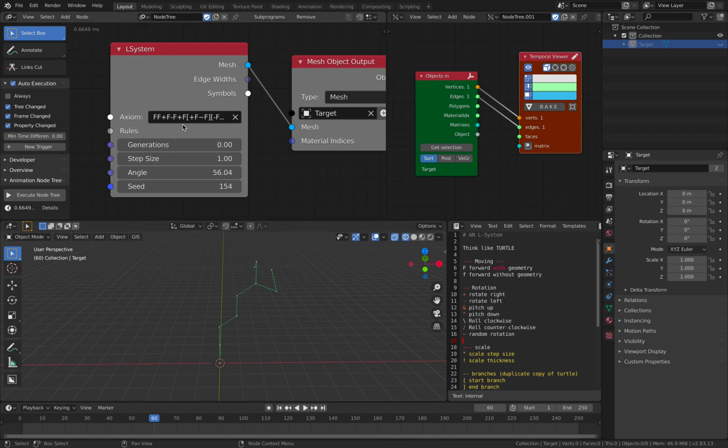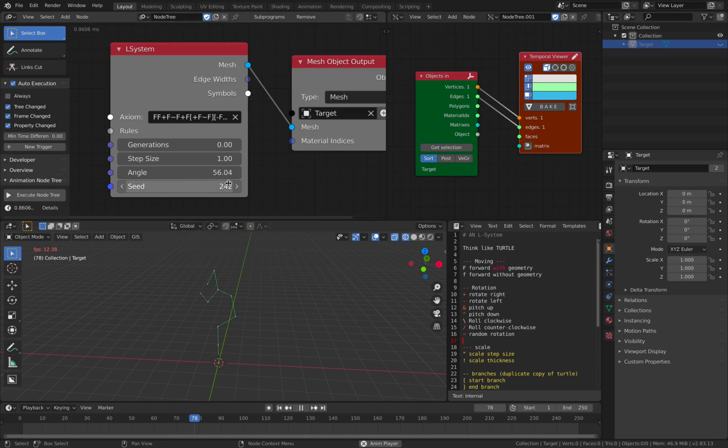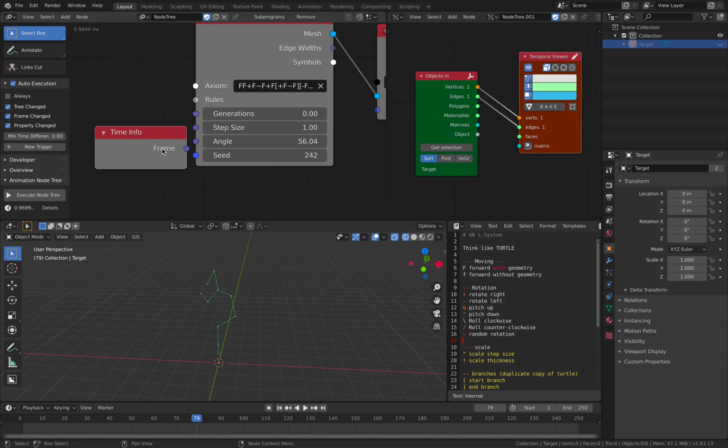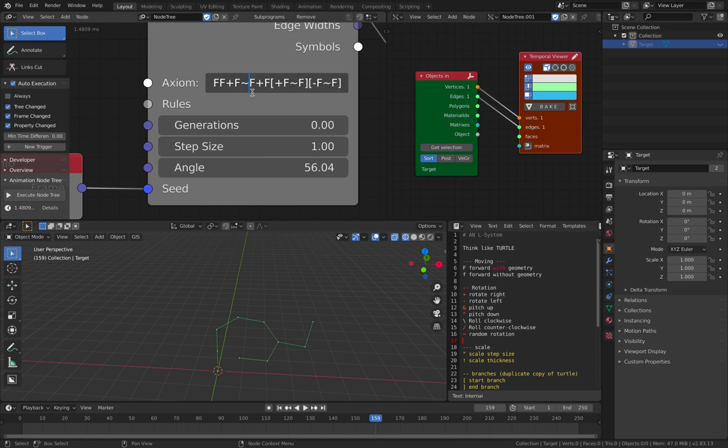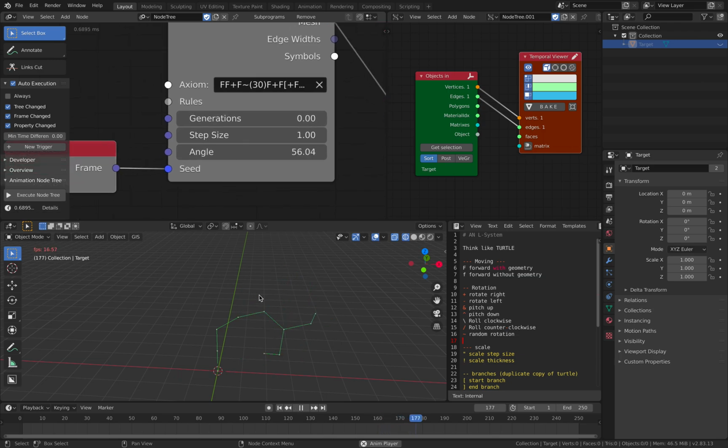Somewhere here I can make the turtle also drunk. Here, put a tilde. So now if we plug the frame into the seed, it's a bit random. Suddenly it lost its direction, but that's where things get interesting. Of course, we don't want the turtle to be too drunk. I don't know if we can add some kind of limitation here. Yeah, apparently that will work. See, the turtle is drunk, but still has some kind of direction, and I'm limiting the randomness with this bracket under